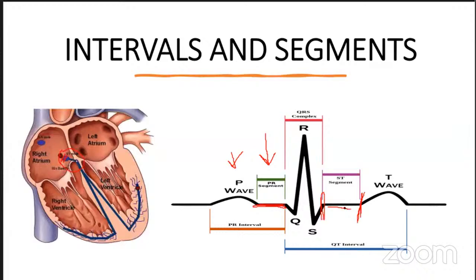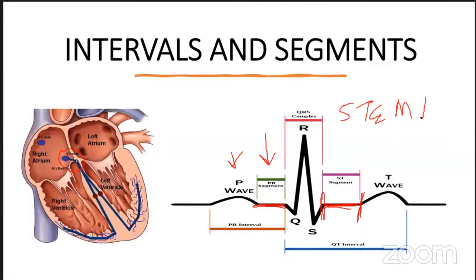So again, for the NCLEX, you will need to note that when we have ST segment elevation, you can see now it's flat, it's on the isoelectric line. There are times where you might see it elevated. For the NCLEX, anytime we see ST segment elevation, it might indicate a blockage of the coronary artery or a myocardial infarction. So you want to know that for the NCLEX, when the ST segment is elevated, it could indicate a complete blockage of the coronary artery, and it could also tell you this client might be having a